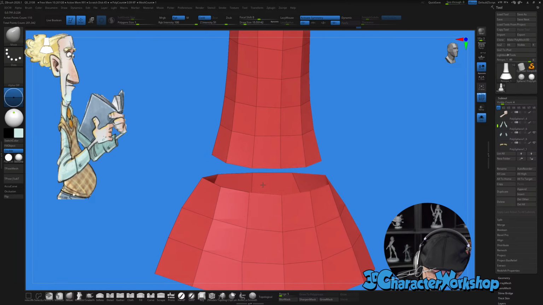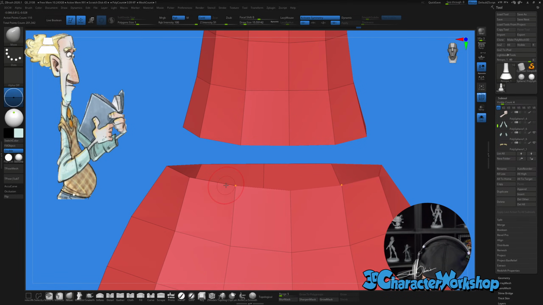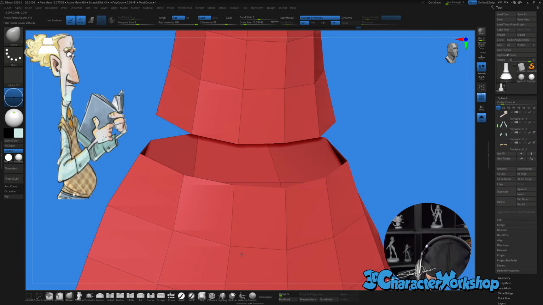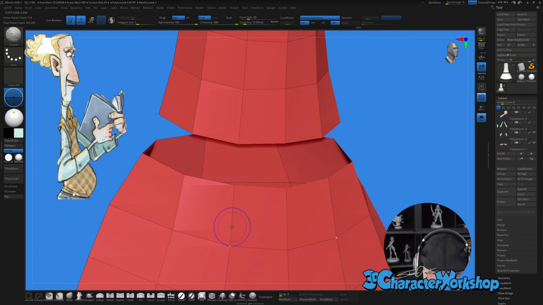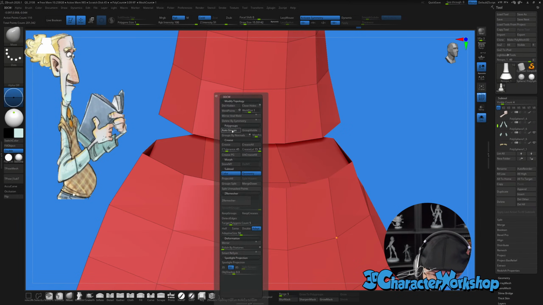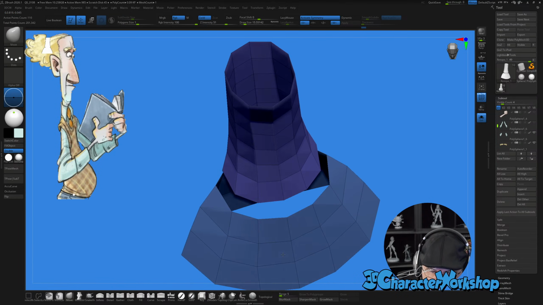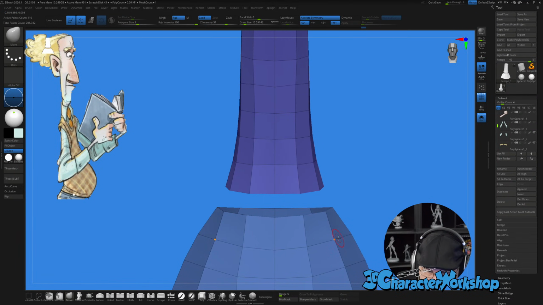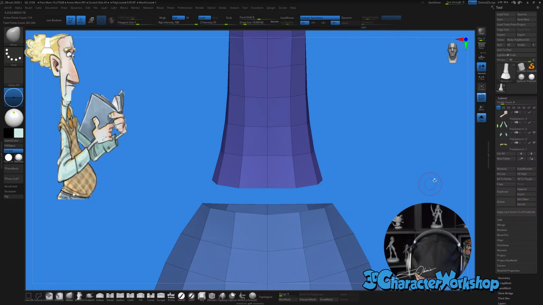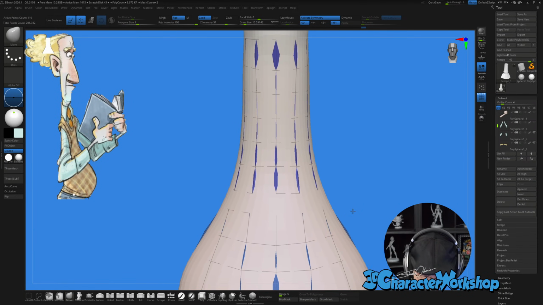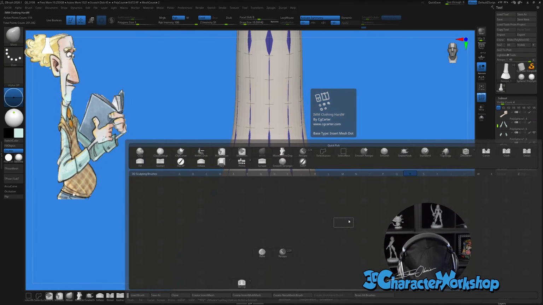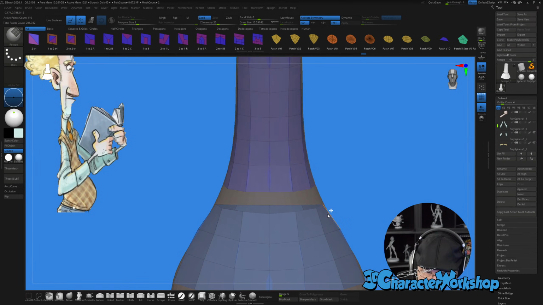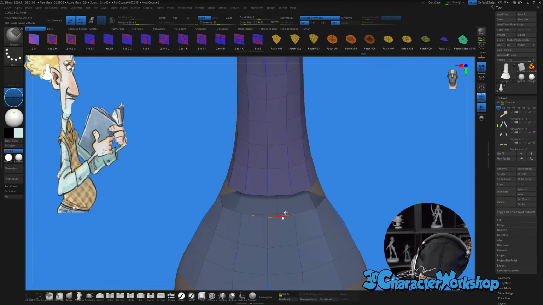Still got this weird black line here, making me wonder. Let's do auto groups. Okay, let's do the retop brush again and just see if it will.